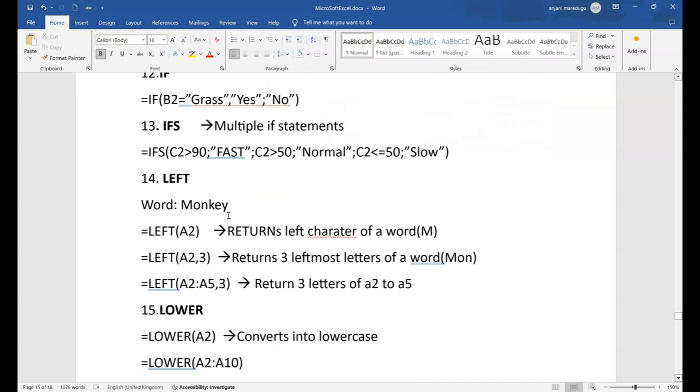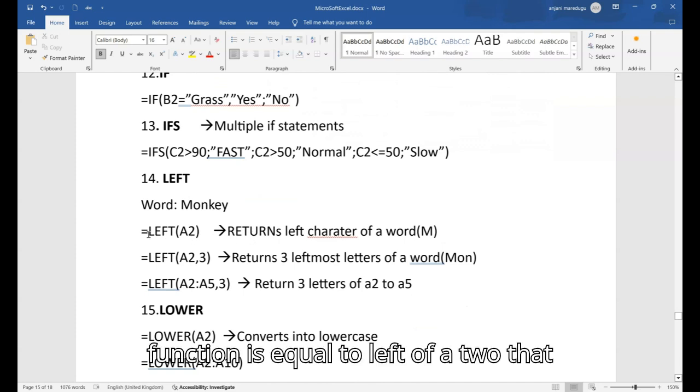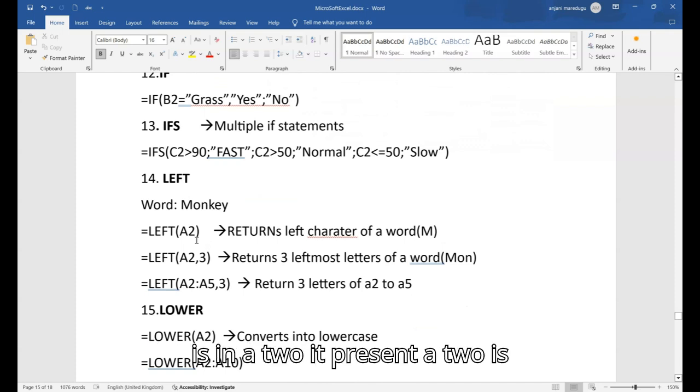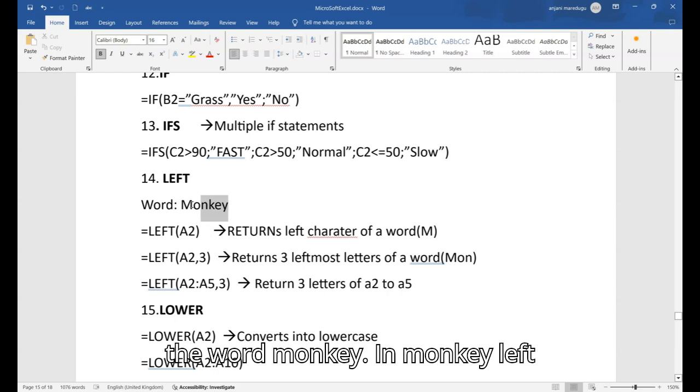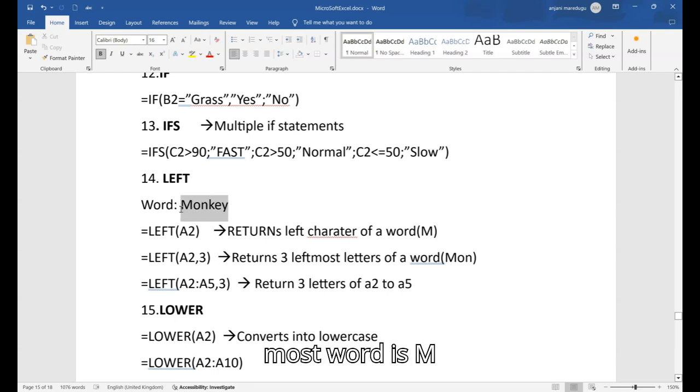LEFT. The LEFT function returns the leftmost letter of the word. The function is equal to LEFT of A2. That is, A2 is the word monkey. In monkey, the leftmost letter is m, so it prints the m.